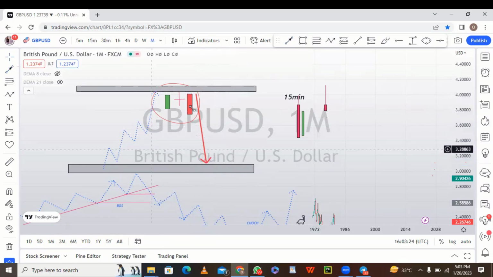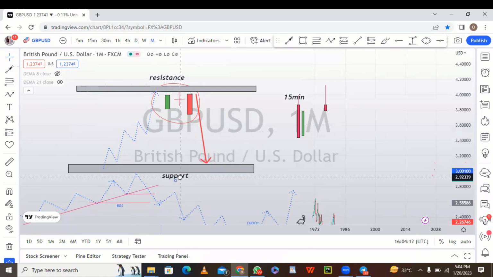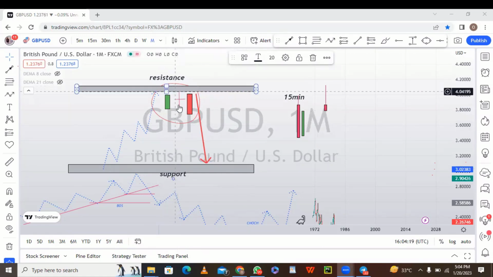Okay, so this is where you want to start applying your evening star. So when you talk about morning star, it is formed at the support level. Okay, this is your resistance. This level is known as your resistance level. Okay, so this is your support and this is your resistance. Like I said, you want to observe evening star at your resistance level, and you want to observe morning star at your support levels.